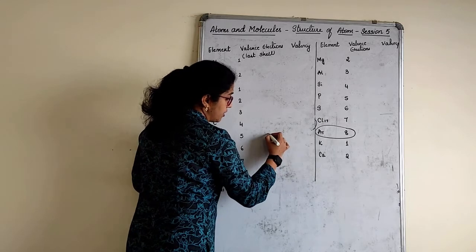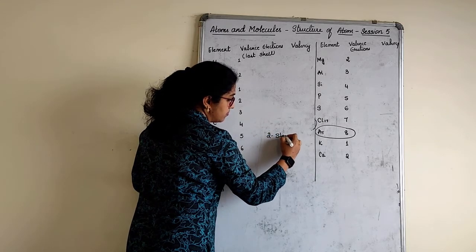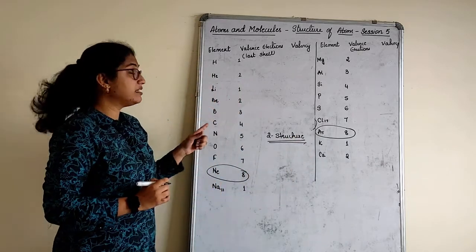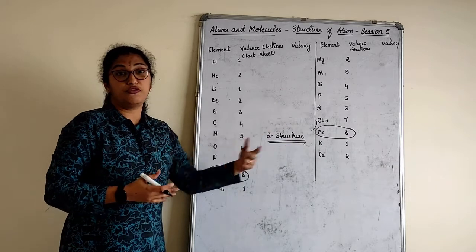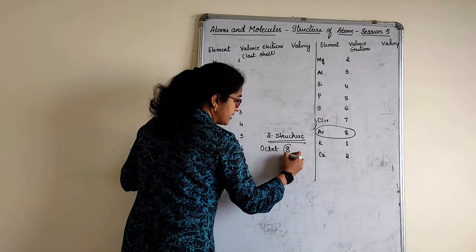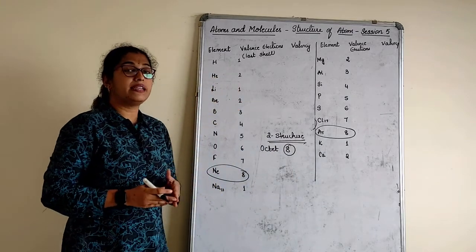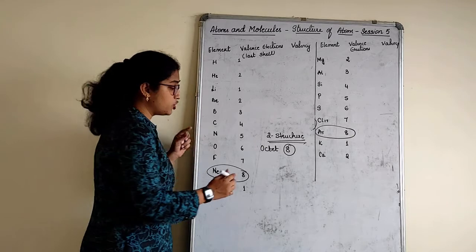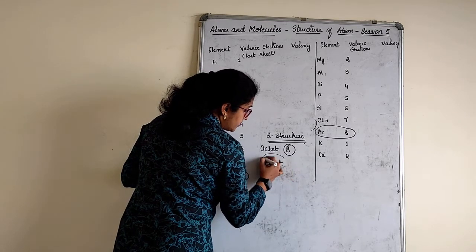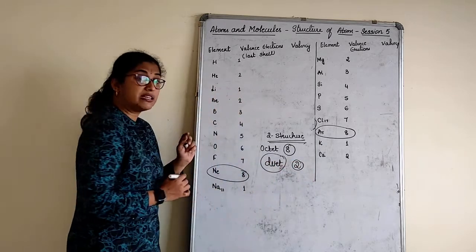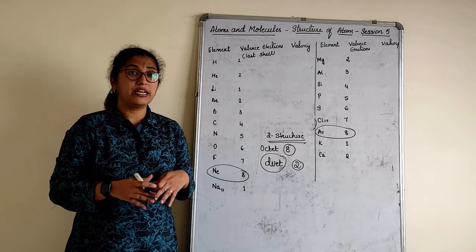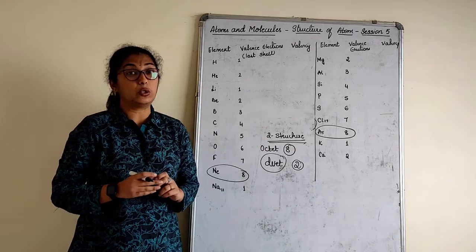There are 2 types of structures. These are all higher order, what you study in 10th standard actually, but here I have to make you understand that to move further. One is octet structure. To make it stable, there are 2 ways to make an atom stable. Either it is an octet structure or it is a duet structure. Duet is for 2. That means an element will see whether it can fit into an octet structure. If not octet structure, it will go to a duet structure.